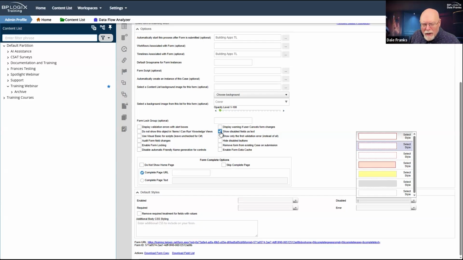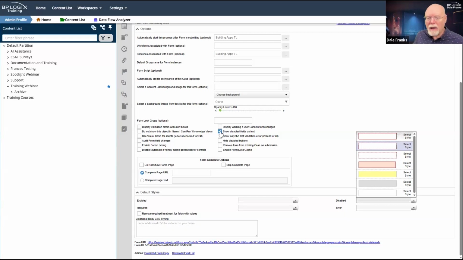Then we come to auditing. Now, it is not true in most cases that you need to audit every form field change that gets made on the form during the course of its lifetime. But you might.